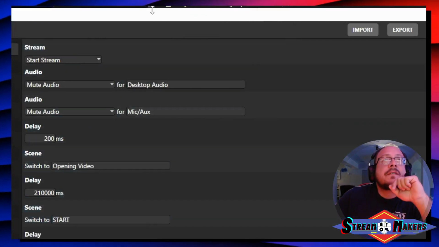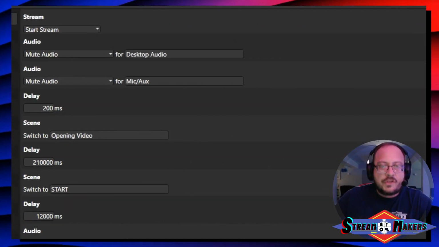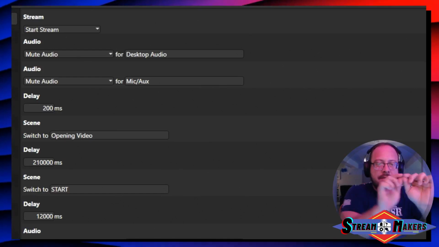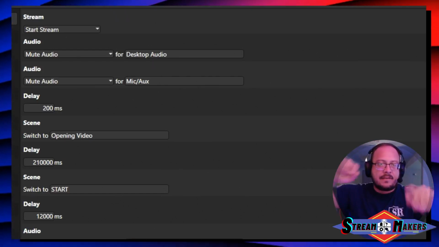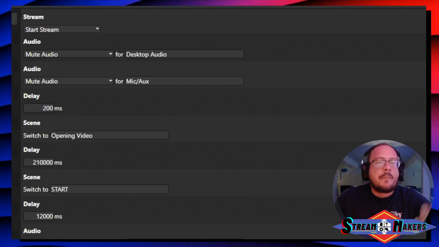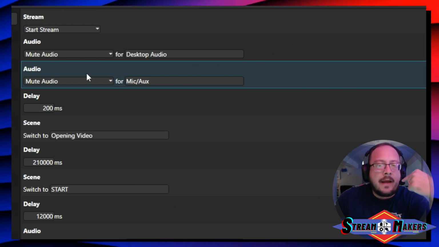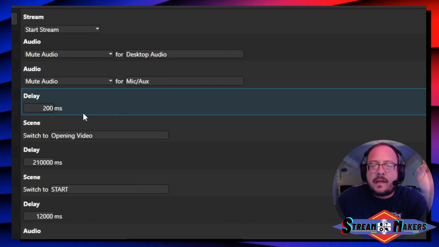So look at this. This is when I hit start, which I have just an icon. I took this script and I just put the icon on my desktop and I just double click it because I got my headset off, doesn't matter right now. And what happens is it starts the stream, it mutes my desktop audio, it mutes my mic, it runs a 20-second delay,